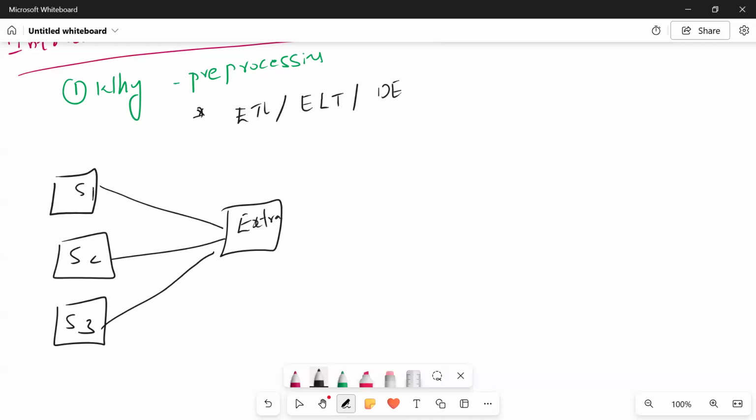Once data has been extracted, either we can directly load it into the data warehouse and after that transform your data. That is the one step that we can call the ELT process. But generally, most of the people are following the ETL process only. While extracting the data, they can do a transform, which means just changing some things, for example